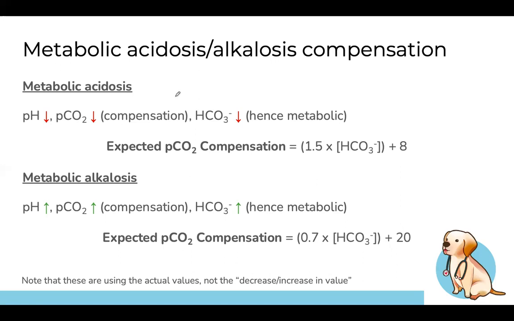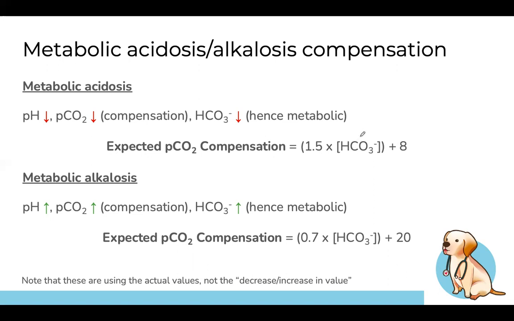Your body can very quickly adapt to these metabolic changes by just breathing more or breathing less. So you're basically just looking at one equation for each of these. Going through metabolic acidosis, low pH and low bicarb characterize it as a metabolic acidosis, and your carbon dioxide level will also fall in an attempt to compensate and drive the pH up. So your expected PCO2 compensation would be 1.5 times your bicarb plus 8,